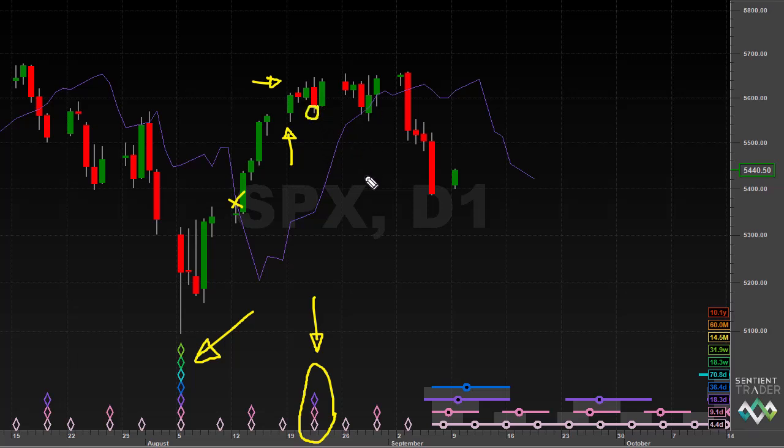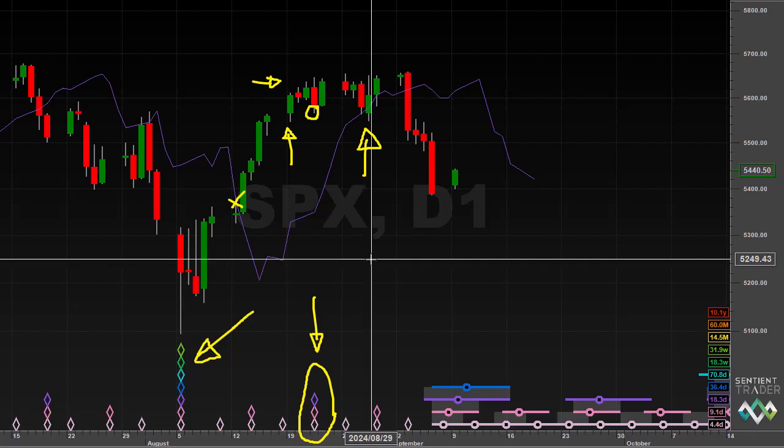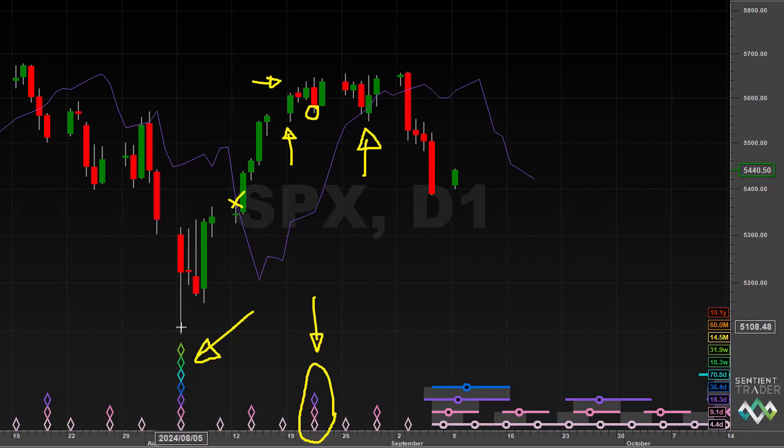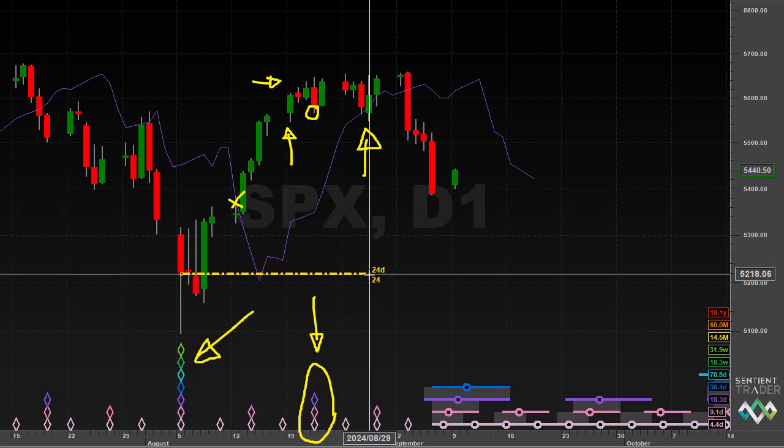However, at this point over here, price came down and found support at the level of the 20-day FLD. Is it possible that the 20-day cycle trough only formed over here on the 29th of August? Yes, it is possible, but if we measure the number of days, you will see that is 24 days. That might not sound very long for a 20-day cycle, and indeed it is not impossibly long. And so it is possible that the 20-day cycle trough did form on the 29th of August.